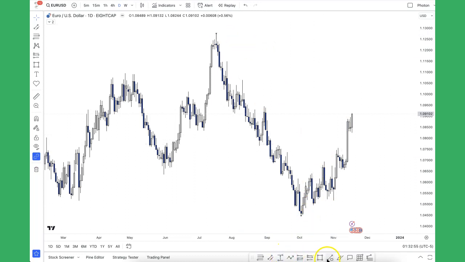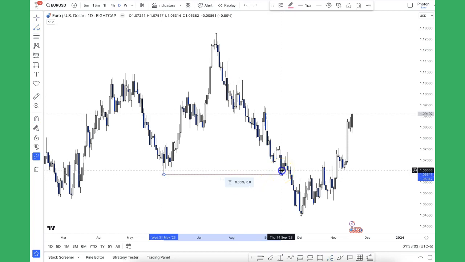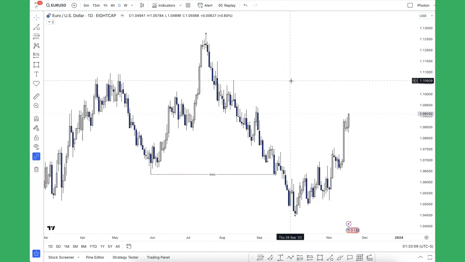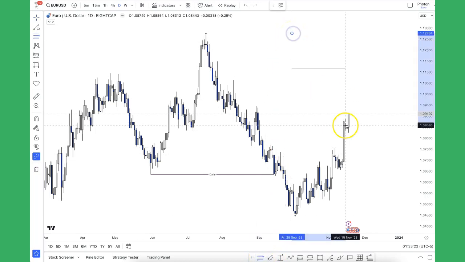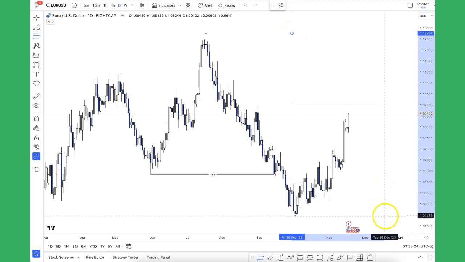So I also like to put a line which marks my break of structure. So from here we've had a break of structure on this candle. So this is my daily break of structure, and after the break of structure we can expect a pullback to happen, and that generally happens, so my premium and discount. So going from here to about here,